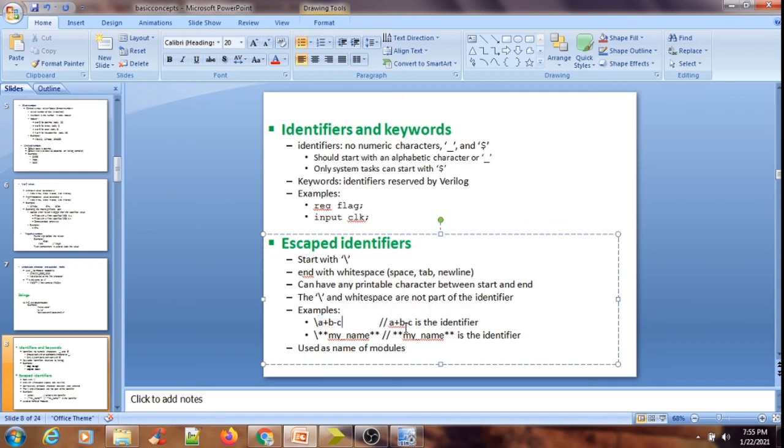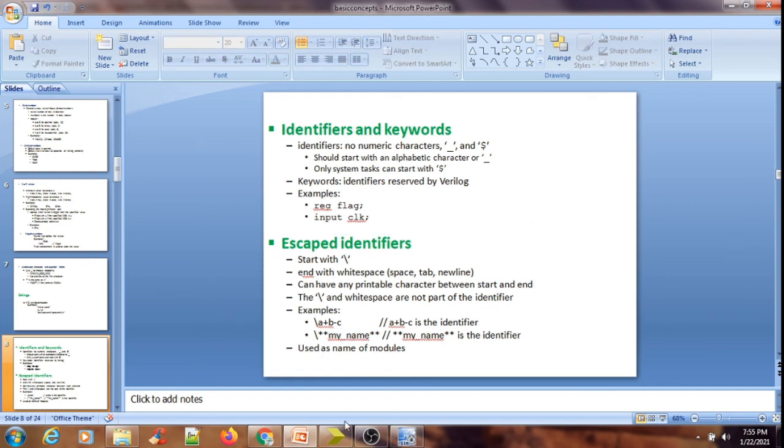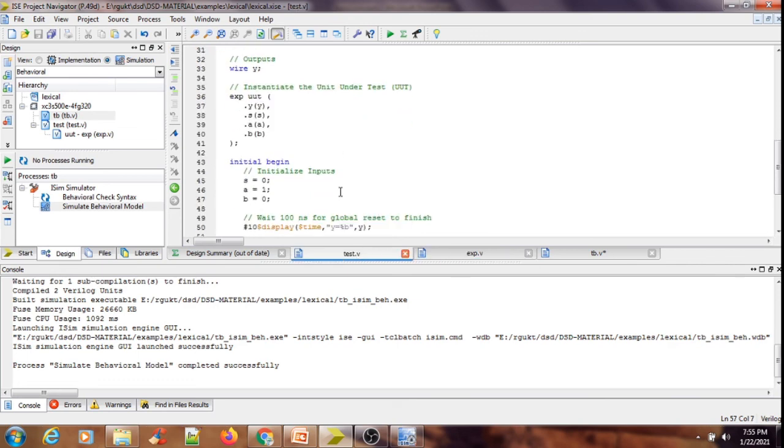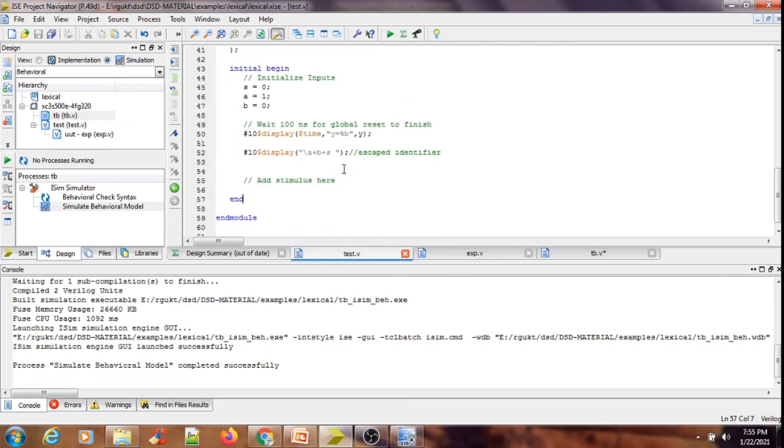So A plus B minus C is the identifier which will be printed, and you can print your RGUKT in this manner also. To test this in Verilog HDL, simply go to your test. A plus B plus S is what I want to print on my output screen or console window. So this is my test.